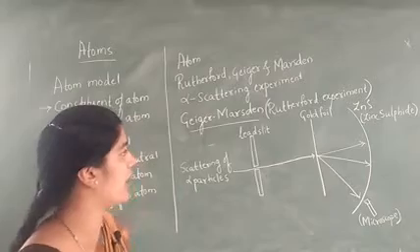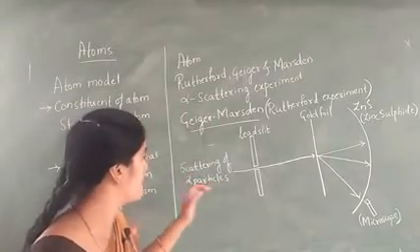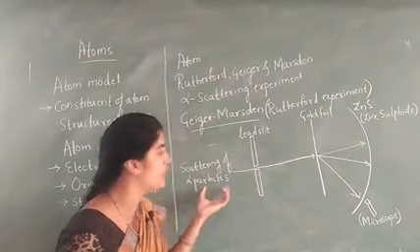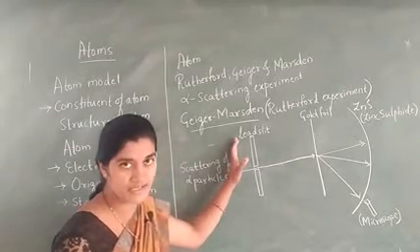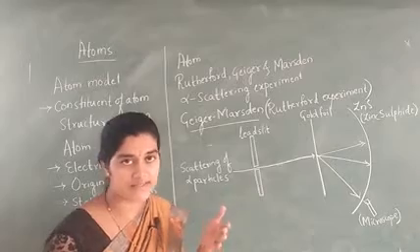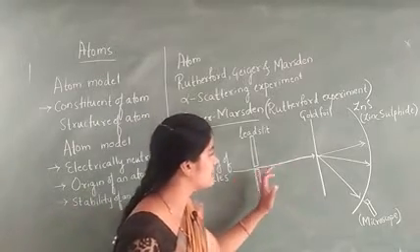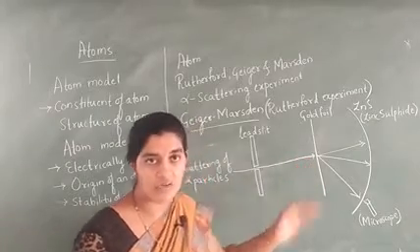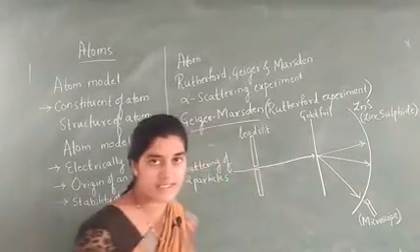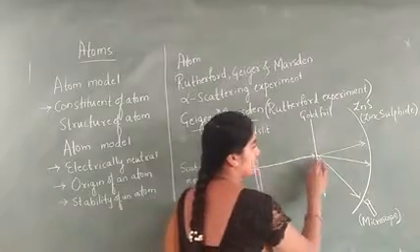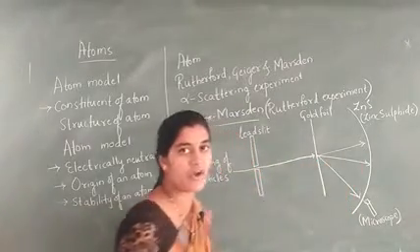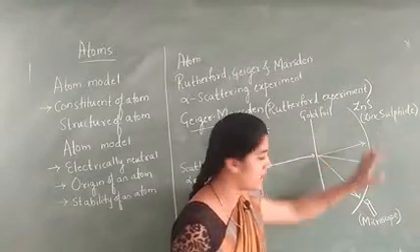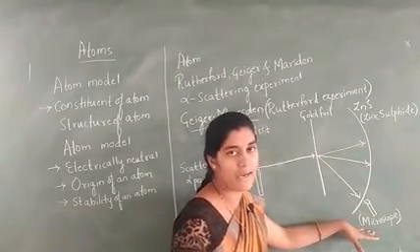Now let us give the explanation. Consider the alpha particles from the radioactive source which are made to pass through the lead plate. They move in a straight line and reach the gold foil. When they reach the gold foil, the alpha particles move in different directions on the screen. This we can see by using the zinc sulfide screen or the microscope.